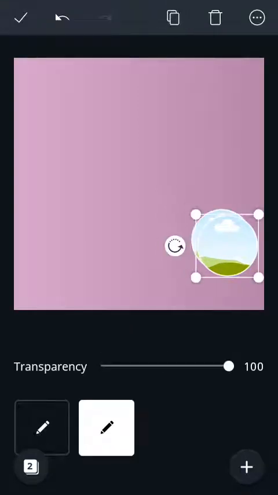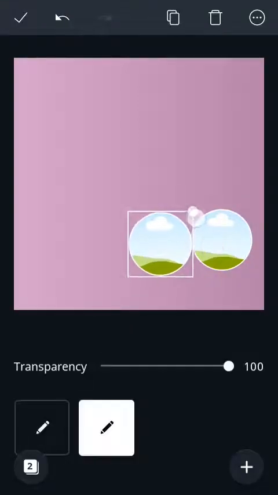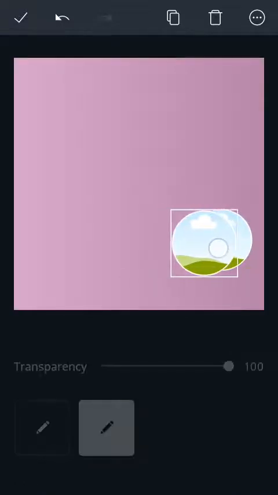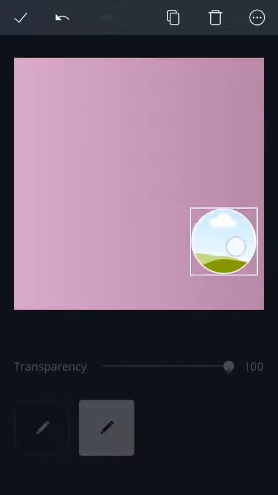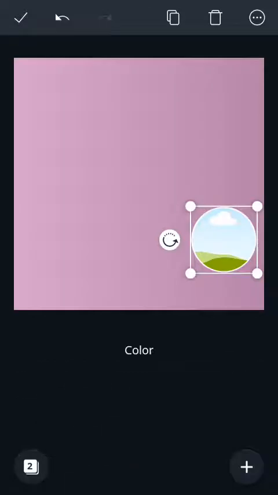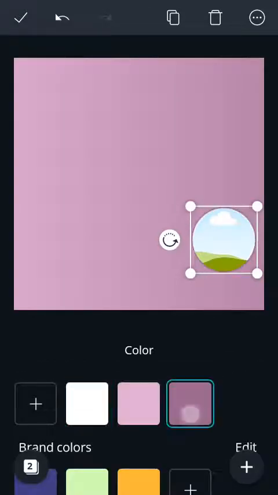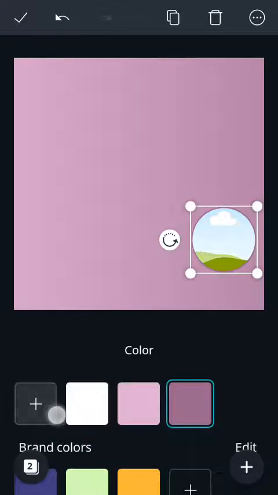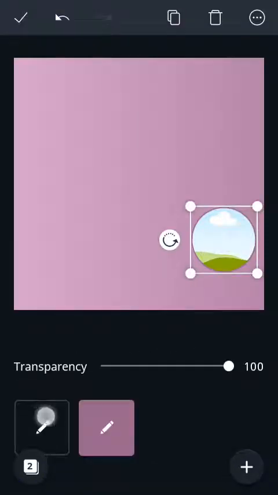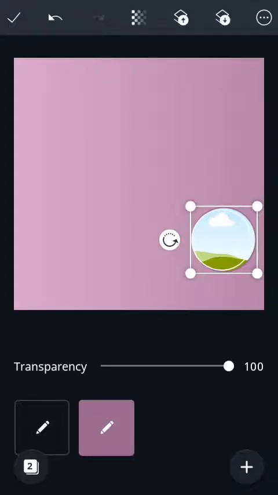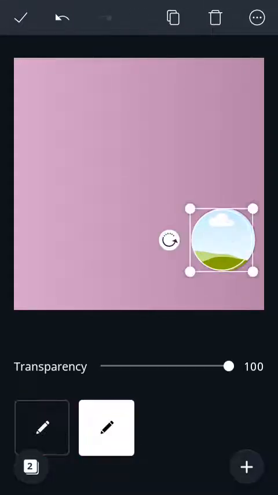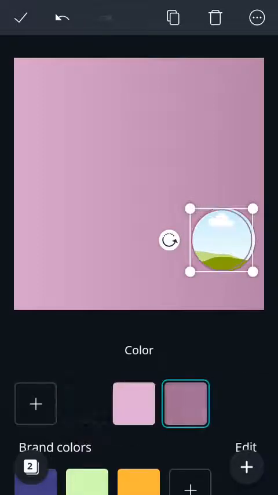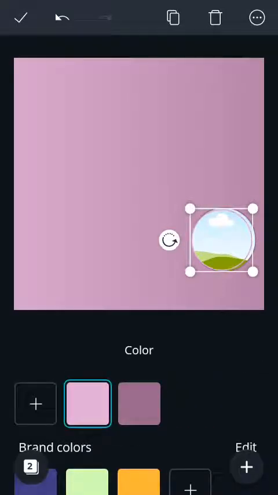We could duplicate it and then expand this one slightly bigger, and then say bring it and cover it, and then tap on its color part. Look at, if you tap on it, you'll see two places. This one is for image, sorry, this one is for image and this one is for color. Now we can send it to the back, then tap on this one. You could put this too, something like this,